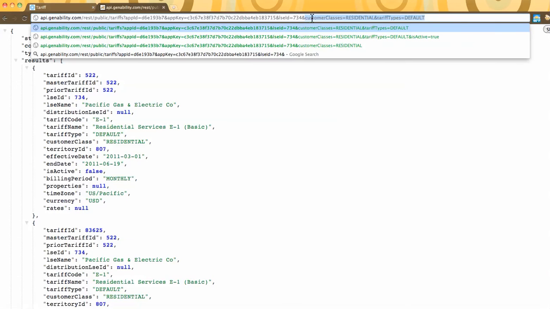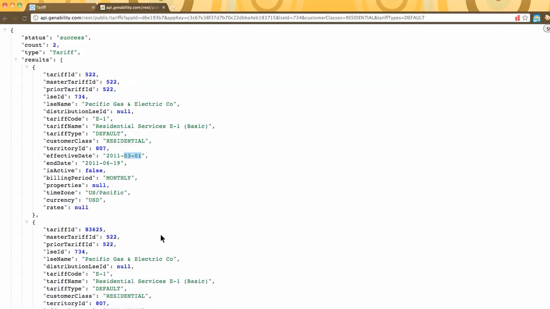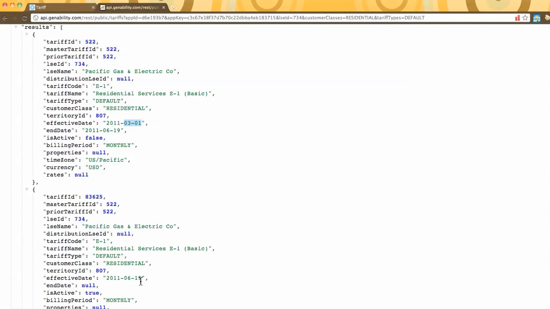Let's say we're interested in residential tariffs, and we only want the default ones. Now you'll see that this has been whittled down to only 2, and the reason why there are 2 and not 1 is these actually share the same master tariff ID. One of these, this one up here, was the original version, and you'll see the effective date was March 1st, 2011, and this has since been updated on June 19th. The one that's been updated is now active, is true, whereas this one is false. So that's how you can determine which one to use